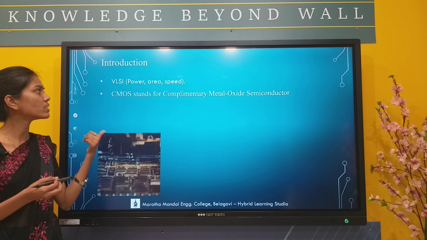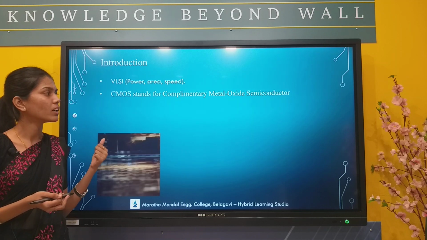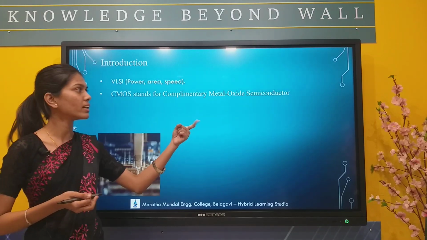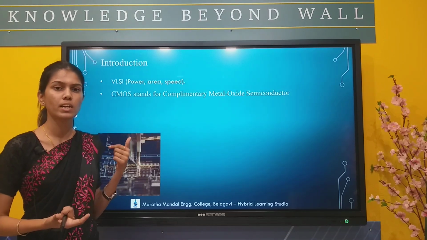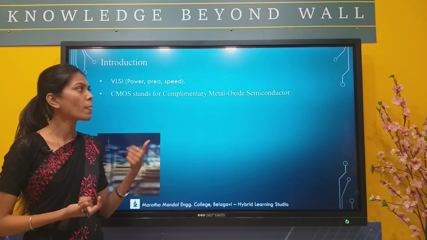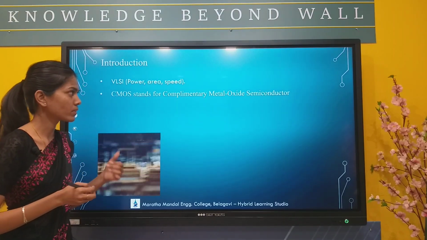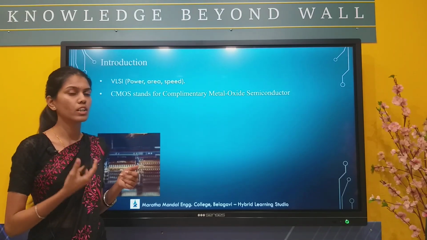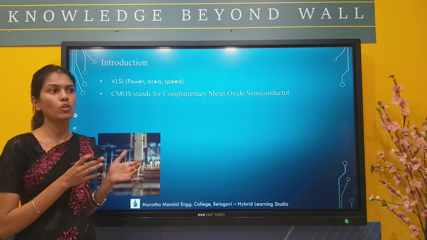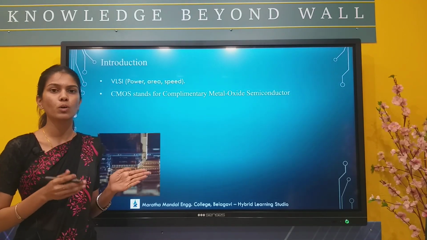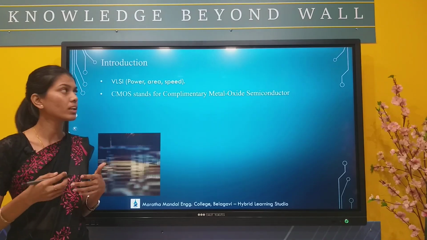Next, in VLSI we have CMOS. CMOS is complementary metal oxide semiconductor. To construct a CMOS, I will use a semiconductor, then an oxide, then the metal. The semiconductor I can use as a substrate, which may be P type or N type, and usually in VLSI they take silicon or germanium. Metal and oxides are used for the insulation and the metal contacts for the gate, drain and source. Complementary means when I give 0 it will give me 1, and when I give 1 it gives 0. So it is complementing or inverting.